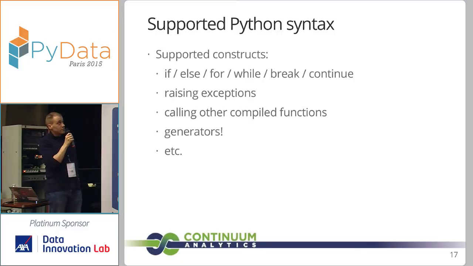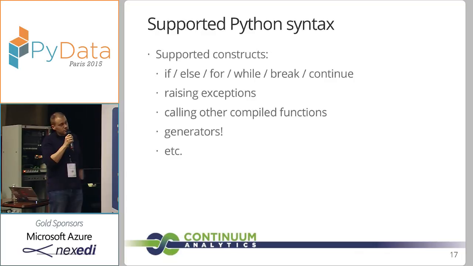Actually, you can write them in Python and compile them with Numba, which has two effects. You can either use the generator from pure Python code, or you can use the generator from another Numba compiled function. And if you use it from a Numba compiled function, then LLVM hopefully is able to inline all of it inside the calling function, so it can make for some rather fast code.